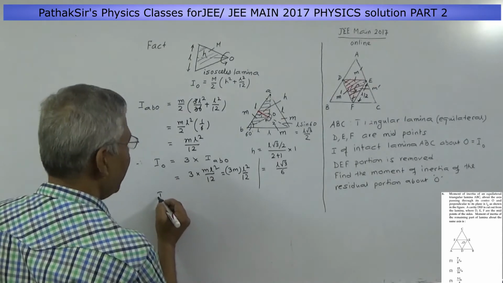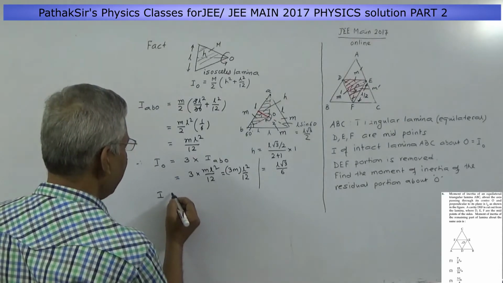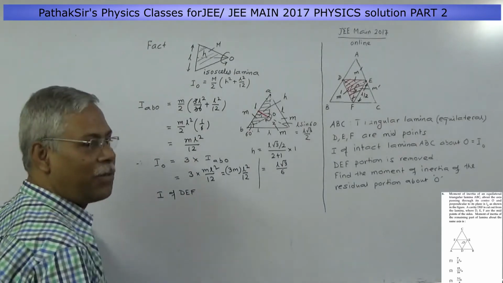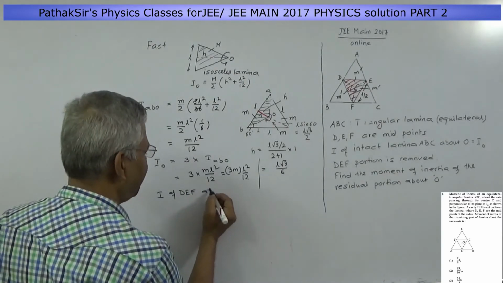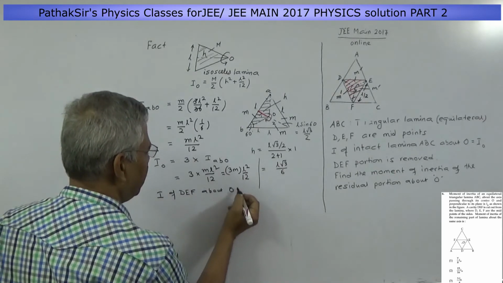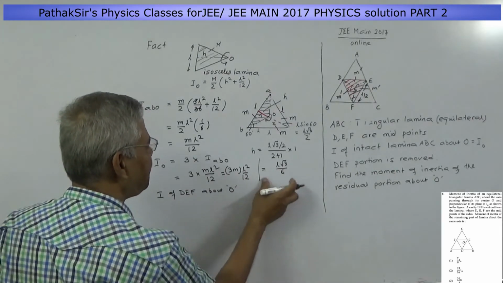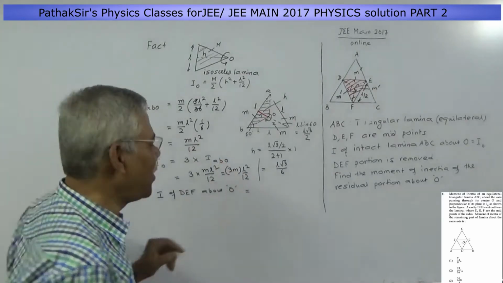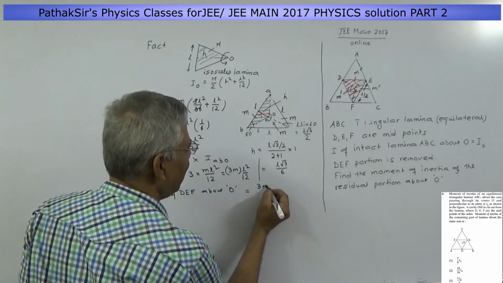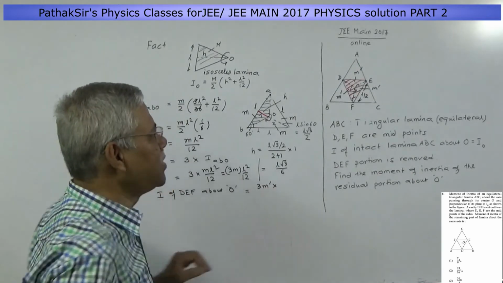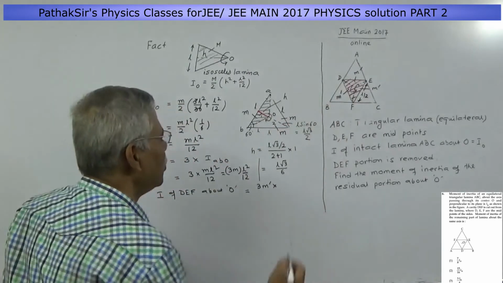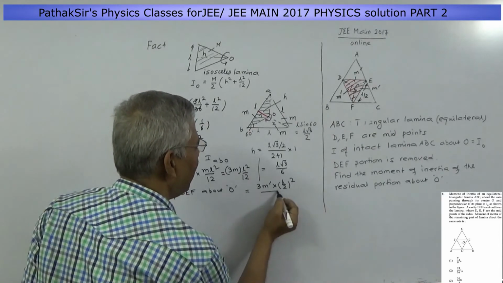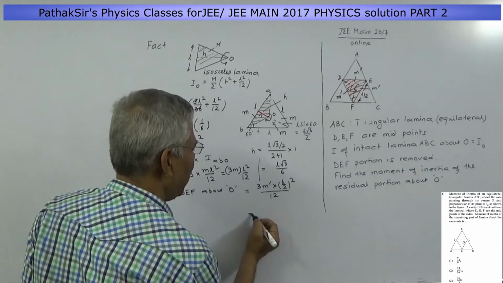Now the moment of inertia of DEF, I of DEF about the axis through O equals, see I am using this formula, 3m is the total mass. In that place I will write 3m dash. What is the length of one side? L by 2. So L by 2 whole square by 12 equals